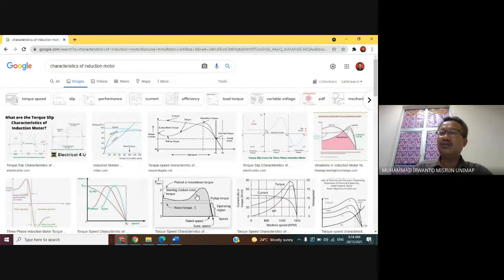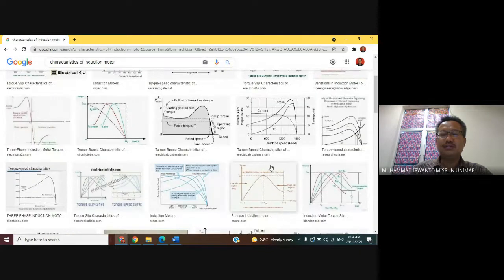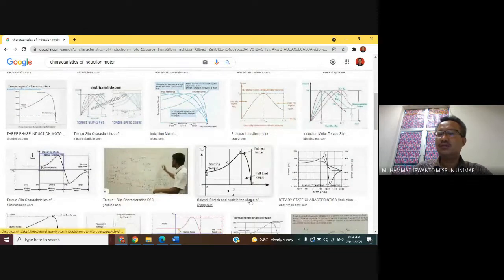For example, here we want to observe the torque, or current versus speed, and then efficiency versus torque. This one is also torque versus speed, and also the curve of torque versus speed.